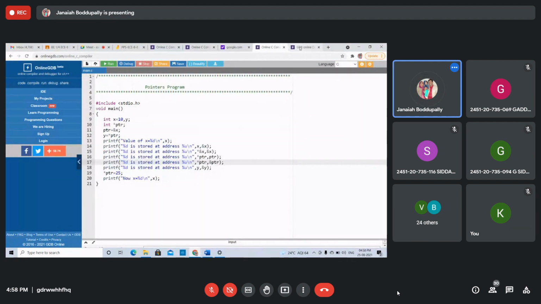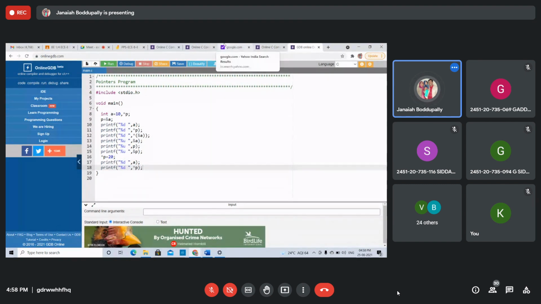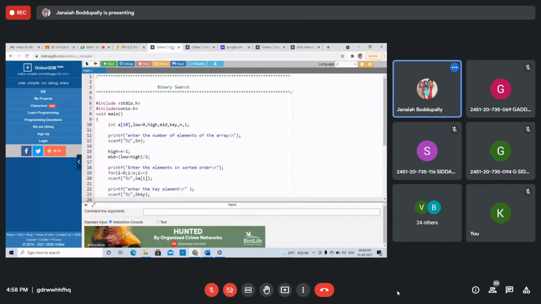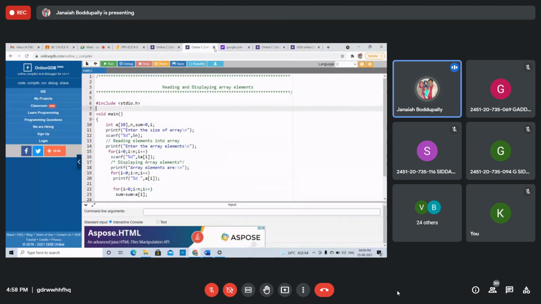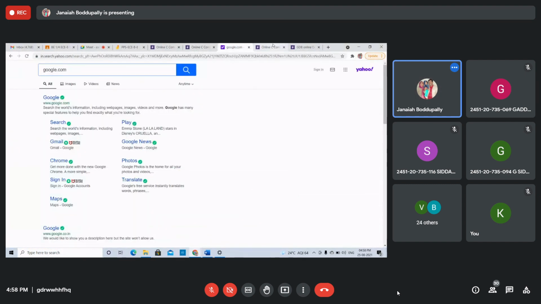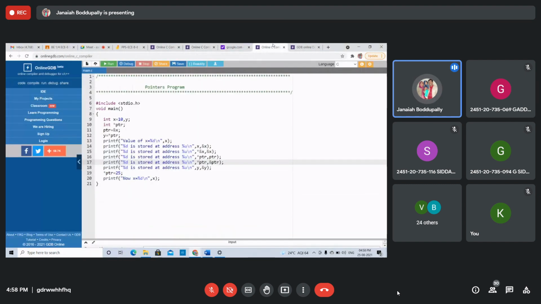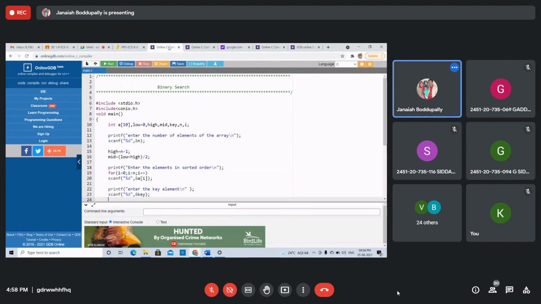Right? Can I execute this one? Would you like me to execute it? If you want, I will execute this program, pointer of pointer to pointer. You'll get a clear idea, right? So I am removing this.